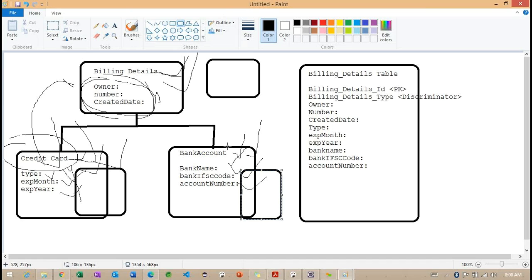These three tables are going to be linked with the reference of primary key and foreign key. But here we are going to work with the reference of joined subclass. Getting the point. Using this joined subclass, we are going to work on this information.